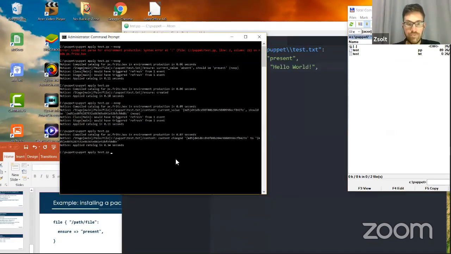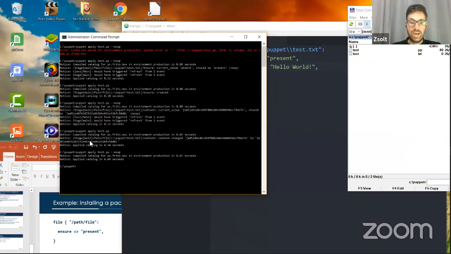And by the way, if we execute it with the noop, in that case, you can see that it's not going to change the contents anymore because the contents are actually correct. So you can see here that applied catalog in minimal time, 0.09 seconds, and there are no changes that need to be executed.